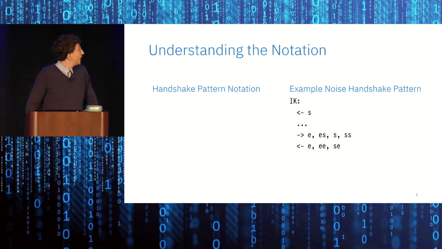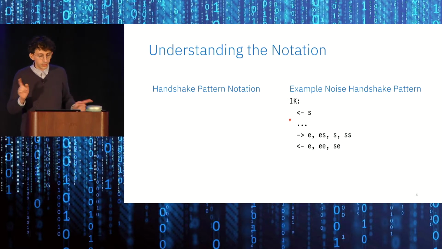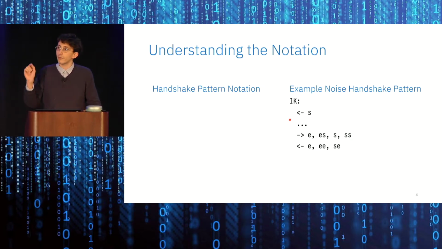Okay, all right. So let's try to understand the notation of Noise. So you have this thing on the right, which says IK. So this is like the name of it. And then you have these tokens. So if you have an arrow going from left to right, it means that the initiator, or Alice, is sending a message to Bob, the responder. If you have an arrow going from right to left, it means that the responder, Bob, is replying to the